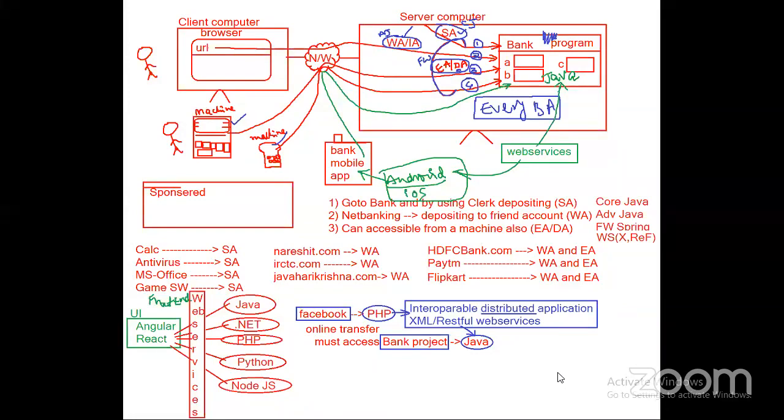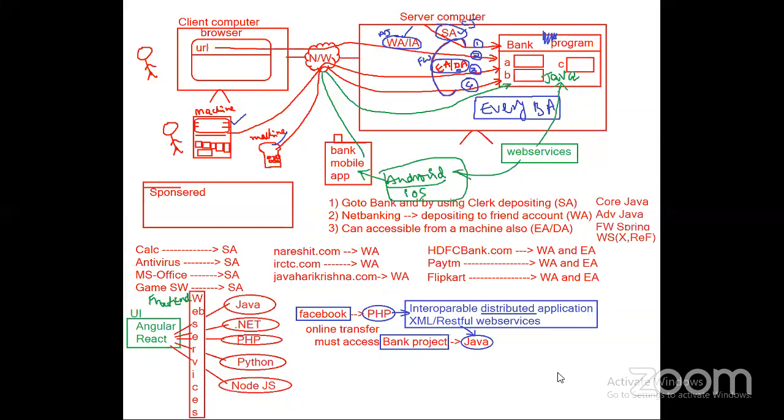E-commerce applications are accessible from the browser and they have a lot of integrations with other systems. Simple: an application that is accessible from a browser or from other electronic devices and also has integrations with many other applications, then we call it enterprise. It is connecting to so many other customers, other clients. Connecting to the bank, to the debit card system, the credit card system, the online transfer system, UPI, the clients, and agents. So it's doing a lot of work.